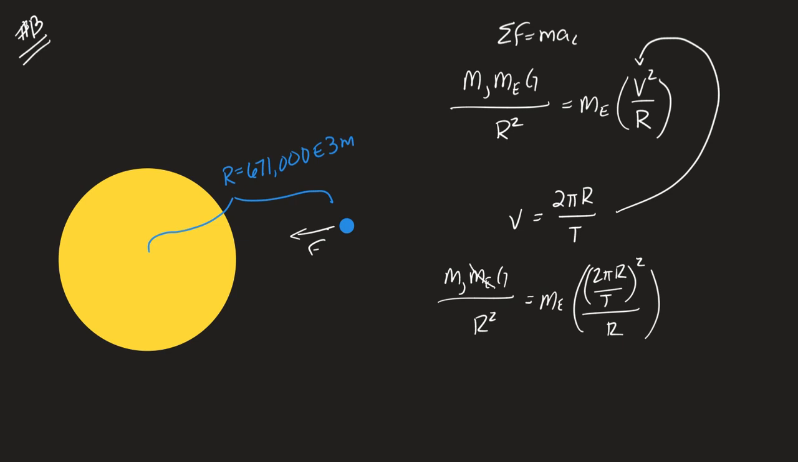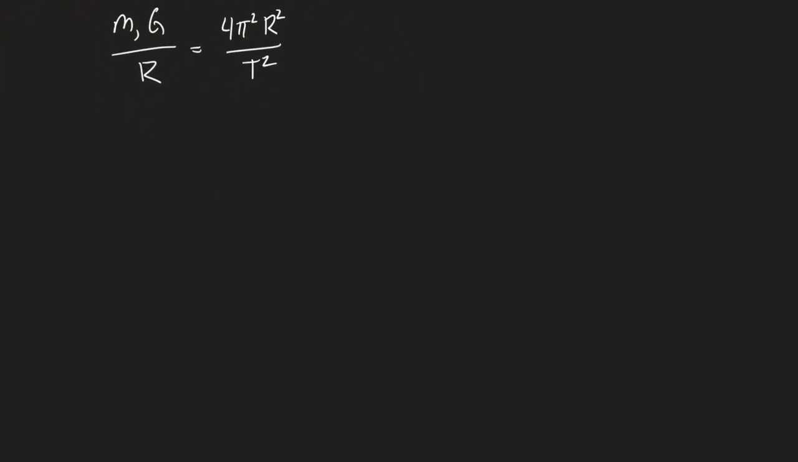So I'll cancel out the mass of Europa. And although I could go ahead and cancel one of these r's, however you decide to do your algebra, you should do it. But just make sure you're doing it correctly. This gives us 4 pi squared r squared over t squared. Now, cross multiply, mass of Jupiter, g t squared equals 4 pi squared r cubed. We want the mass of Jupiter. So